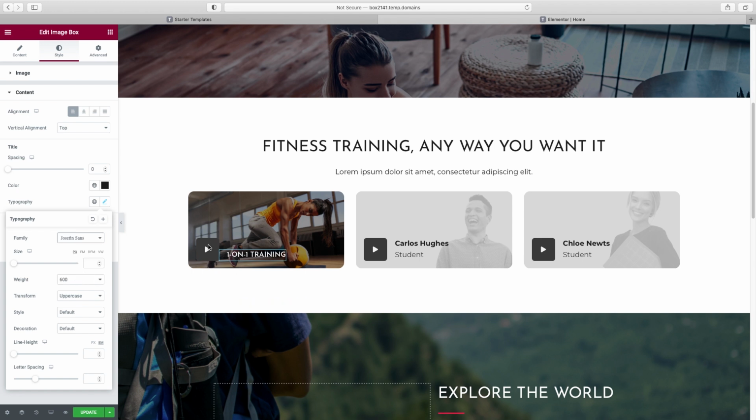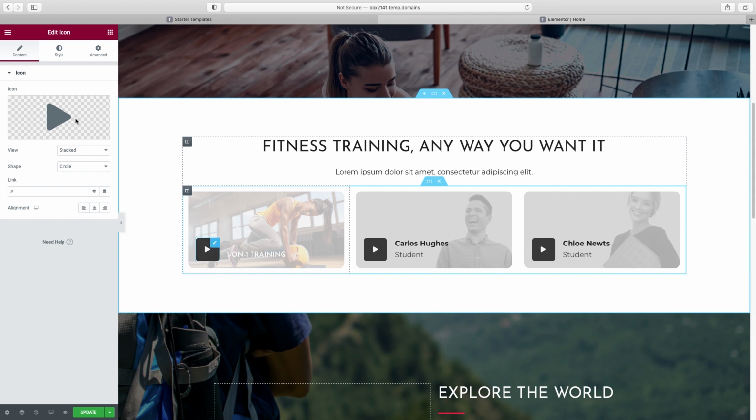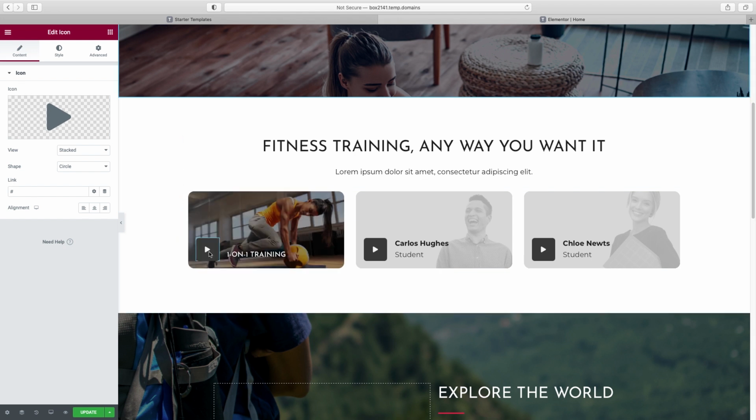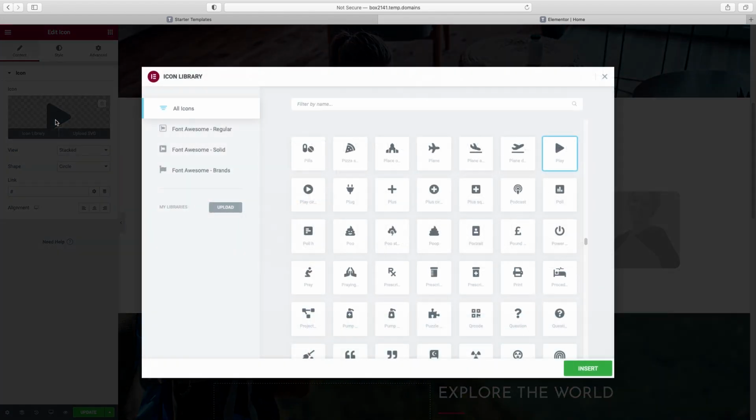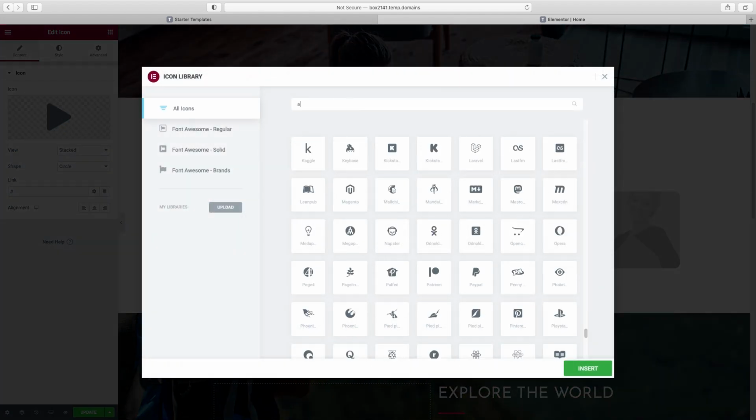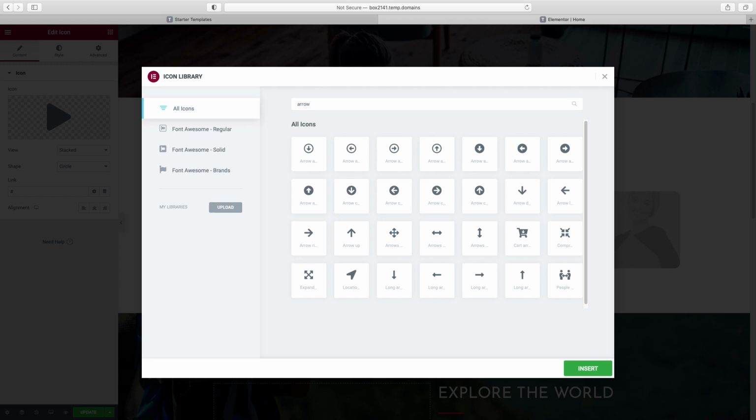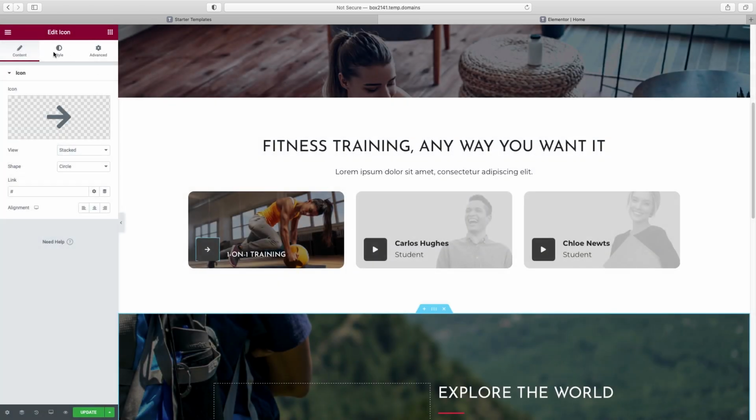Okay, so now we have to deal with this button. So obviously it doesn't look great in the color, and it's also a play button, which is confusing. So we're going to click on it, and it's basically just an icon widget. So what we can do first is change what the icon is, and since it's a button that's meant to go to another page, I think an arrow would be a good choice here. So just click on the icon itself, and I'm just going to type in arrow here, see what pops up, and we've got all these choices for arrows. I'm just going to choose the simple one and click on insert,